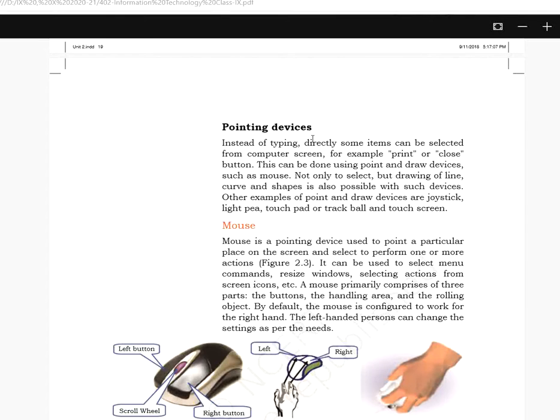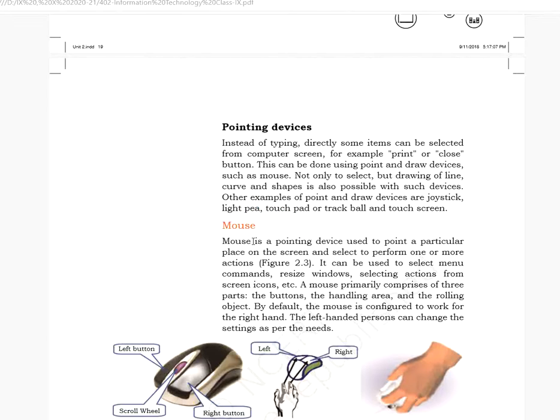So pointing devices are very useful nowadays because the majority of the software is GUI based. Next, other pointing devices you would have used sometimes: a touch screen is also a pointing device, as we are pointing with our finger on it. In gaming you would have used a joystick as well as a trackball. Touchpad you would have used, and a light pen you would have used for pointing on the screen.